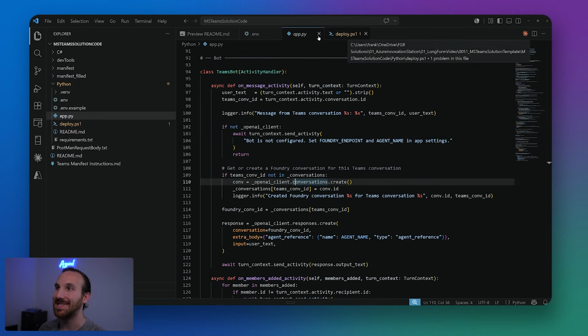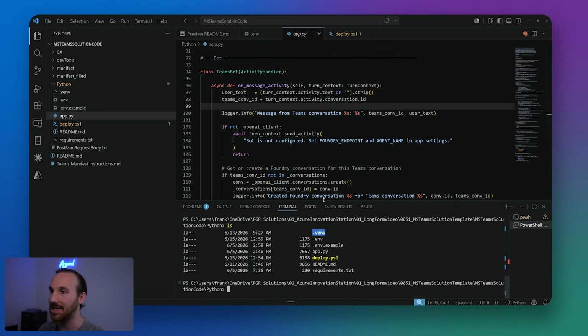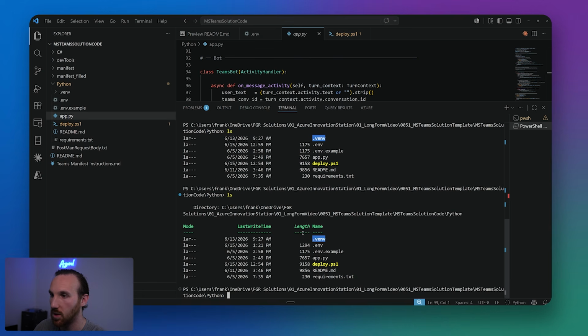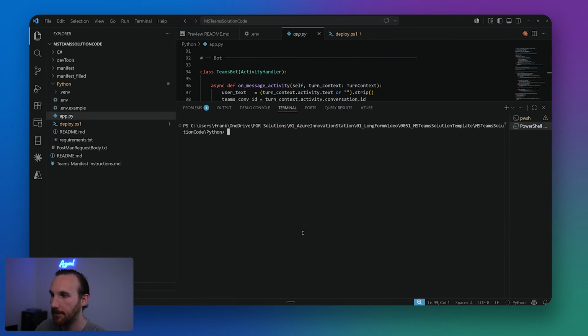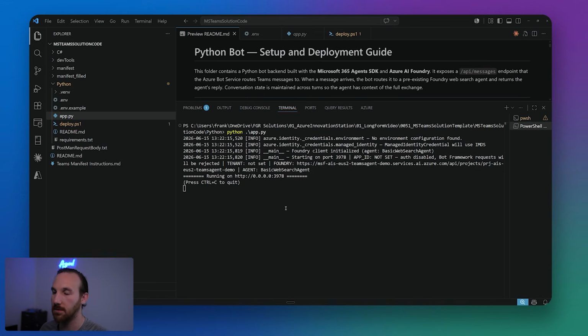So if we're going to test this, the first thing we're going to want to do is get the backend up and running. So within my file here, I'm going to start this with python app.py. So I can see that this is up and running on the default port 3978. And then I have another command here